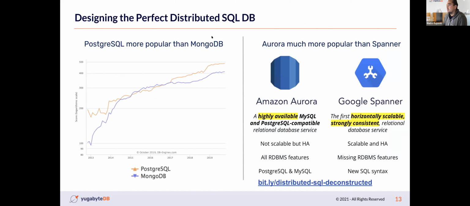The first real fork in the road that we came into was, all right, if we're going to design the perfect distributed SQL database, what route do we want to go down? What database do we want to focus on and use as inspiration for our query layer? What we decided to do is go with Postgres SQL. We saw a lot of popularity. We loved the community. As this visual on the left-hand side shows,